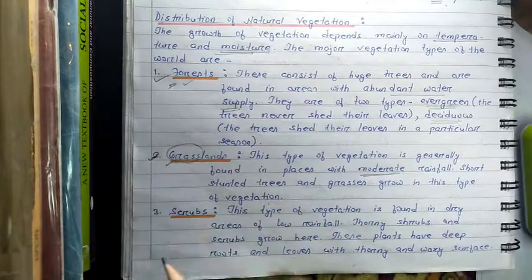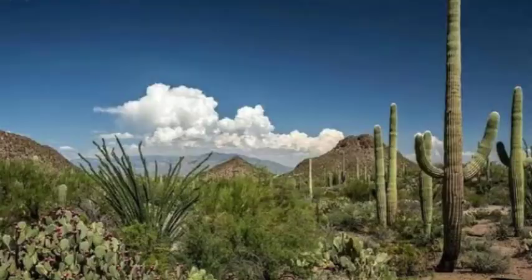That's about grassland. Now comes scrubs. This type of vegetation is found in dry areas of low rainfall. See, different types of vegetation depend mainly on the rainfall. We can say forests, maximum rainfall; grasslands, moderate rainfall; and scrubs are found in those areas where rainfall is low. Thorny shrubs and scrubs grow here. Here the different types of plants with thorns, thorny plants, and the scrubs are found. These plants have deep roots and leaves with a thorny and waxy surface. We can see the different types of plants which are